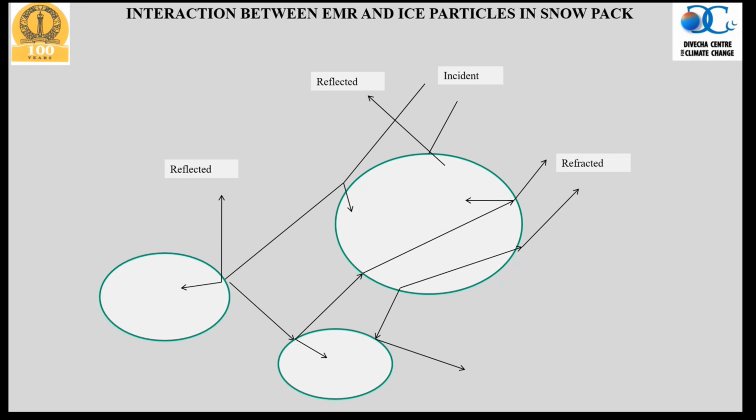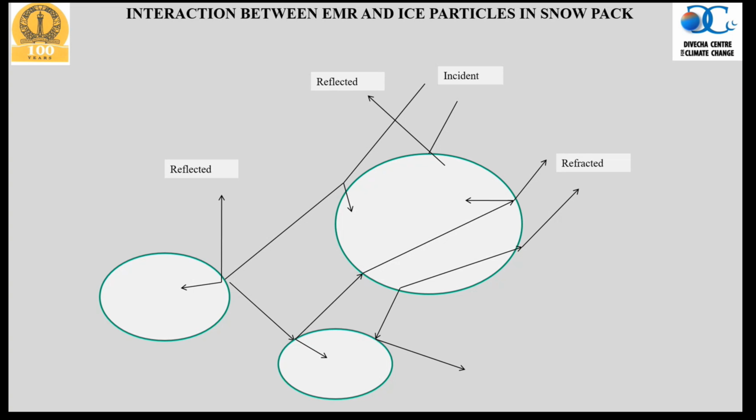And in between the ice crystals there is air, and once solar radiation comes through, if it comes in contact with an ice crystal, either it will go through it, or it will get